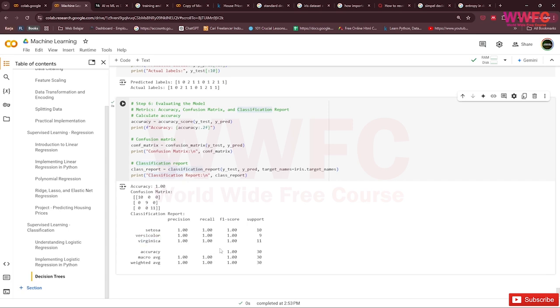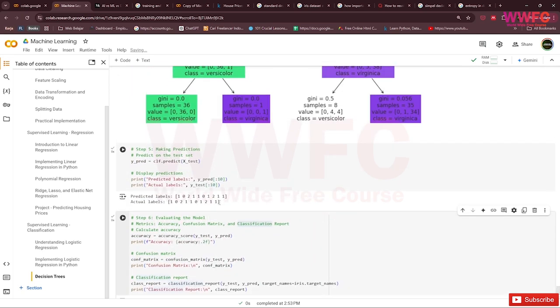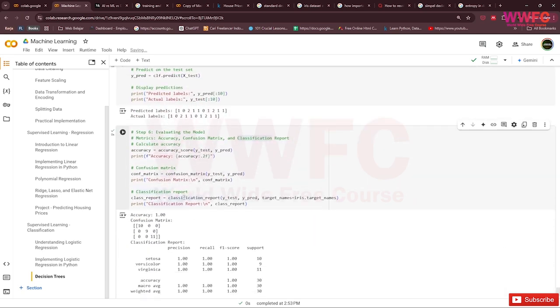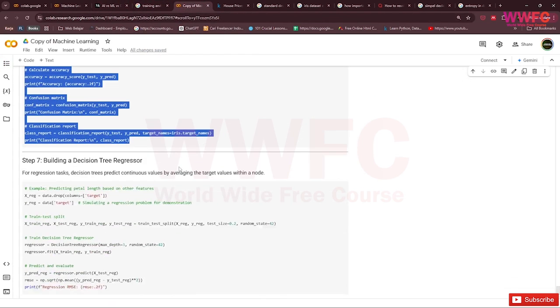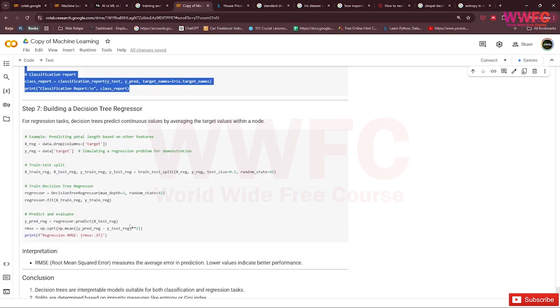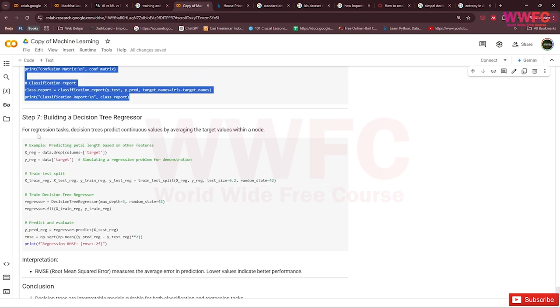So the accuracy is 100%. So that is the example of using a decision tree. And then we build a decision tree regressor.